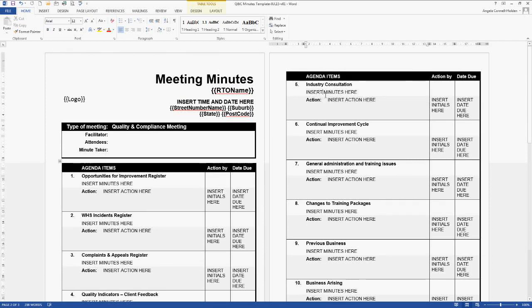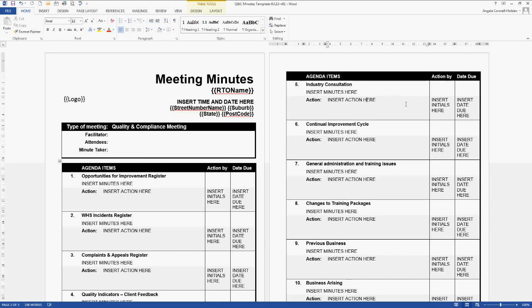Now, industry consultation. What we find with the majority of our clients is they do industry consultation all the time. There's always someone out there talking to someone, chatting about something. The problem is we're not formalising it, so we can't say, here, auditor, here's some evidence of us doing industry consultation. The best way is at your monthly meeting, you say, okay, industry consultation, everybody in the room, who did industry consultation in the last month? And then we talk about it.